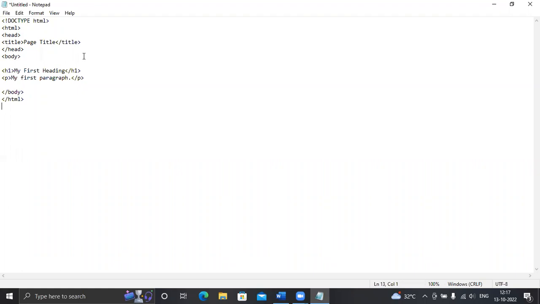Everyone can understand the title tag. What is the role of the title tag? It is the title of the page. When I execute the program, it will be clearer to you. Within the title tag, I have written the page title, and then I have closed the head tag. Again, I have started the body tag, and then the h1 tag.